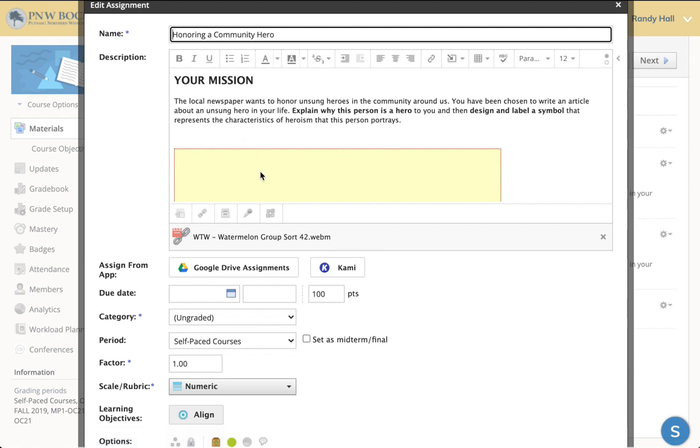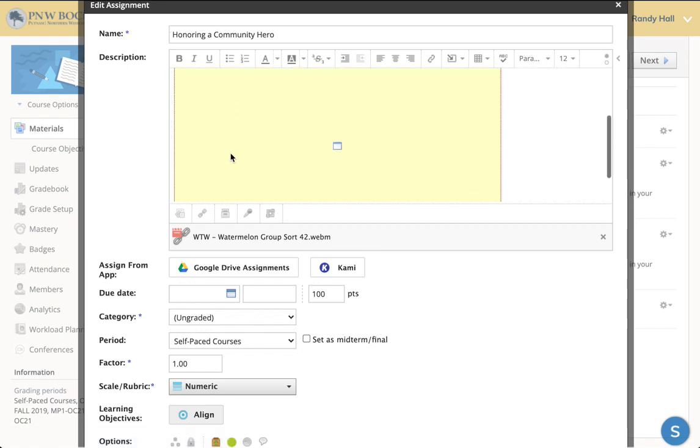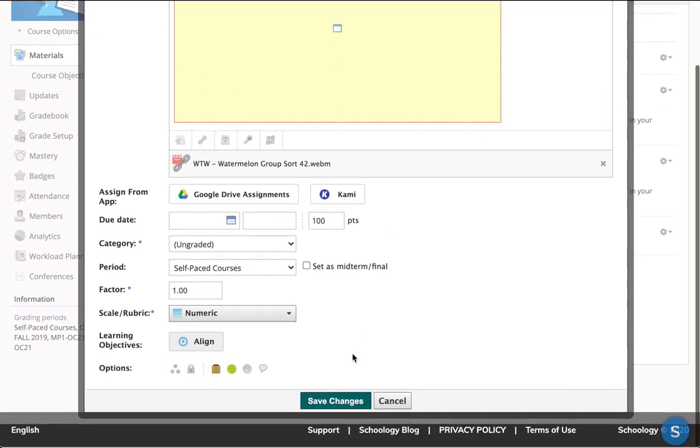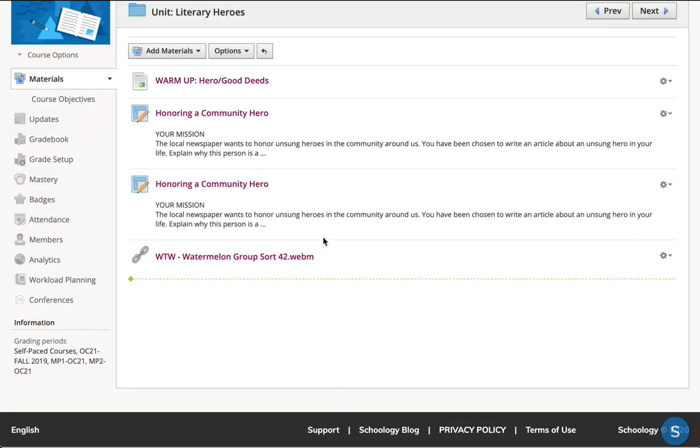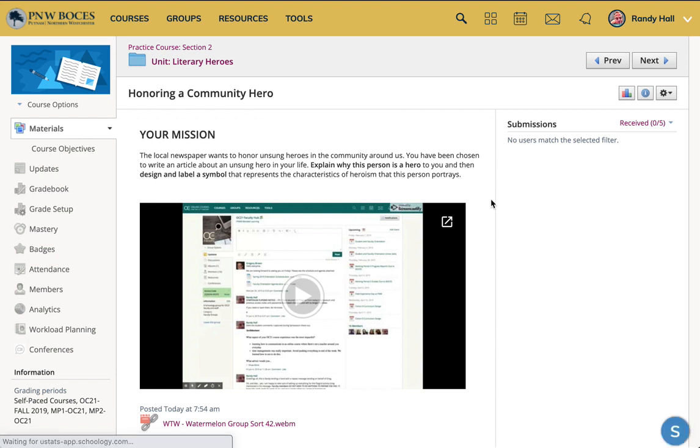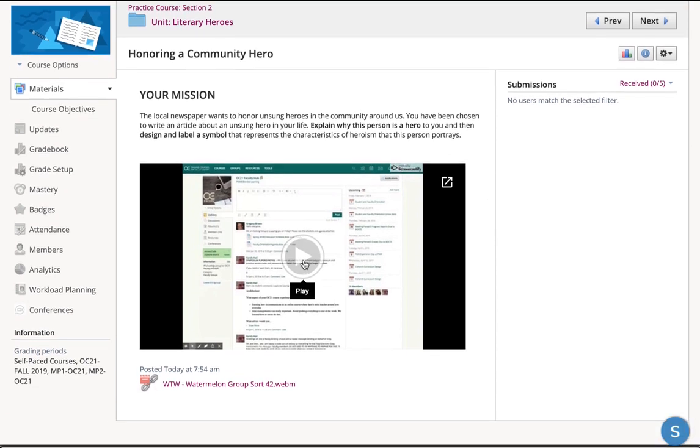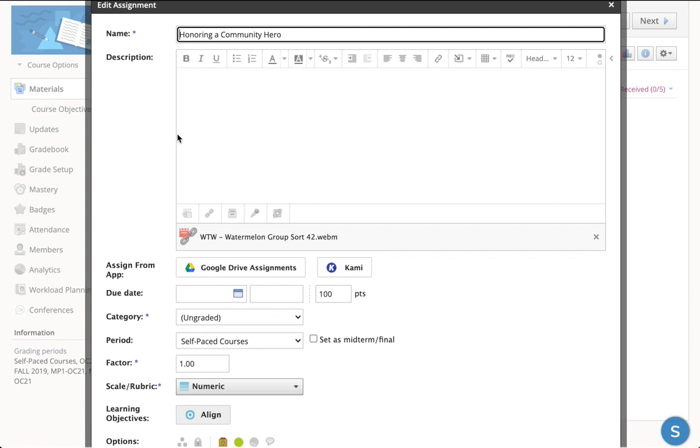The yellow box is normal, it's just showing me where the video is going to appear on the page. And when I click Save, when students visit that page, discussion, or assignment, that Screencastify video will be embedded right within the page. So the only trick to remember is when I am in the content editor,